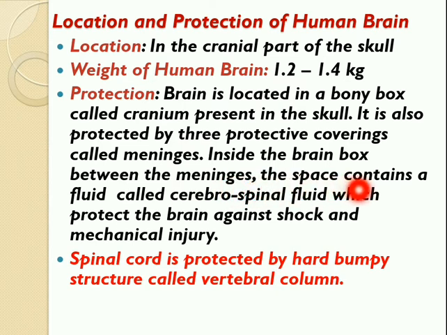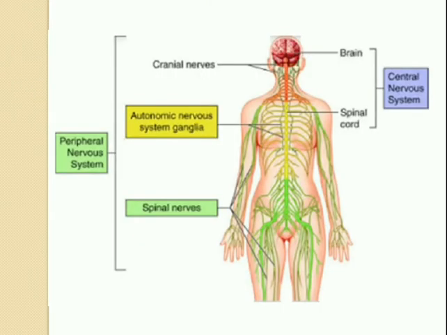The space inside the brain between the meninges contains a fluid called cerebrospinal fluid. This further protects the brain against the shocks and mechanical injury. So this is how human brain is protected in the body. Similarly, spinal cord. You have seen in the previous slide that this delicate, long, rod like structure running at the back of the body is called spinal cord,